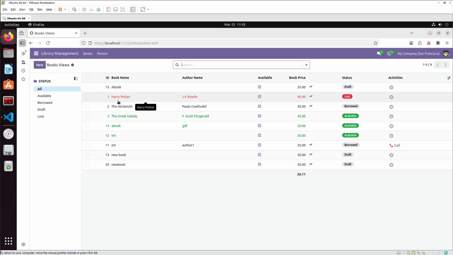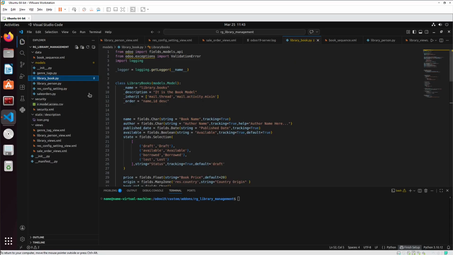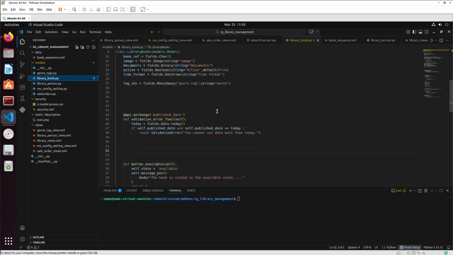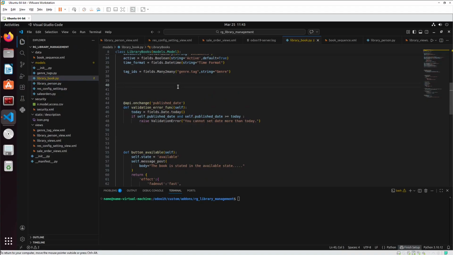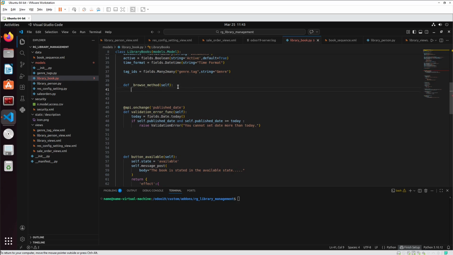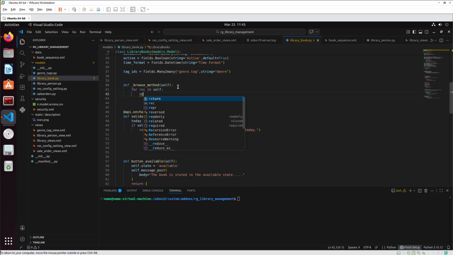Now in order to do that, all you need to do is go to the code. Here I am in the library.books model. Now I'll simply create a function. It is optional. I am just creating this function for your better understanding. I will add the name browse method, self, and here we will iterate over self, then simply